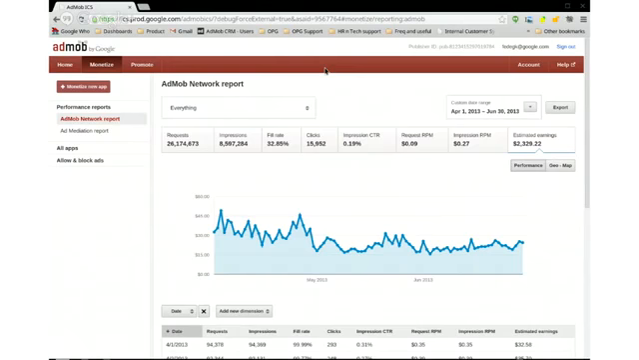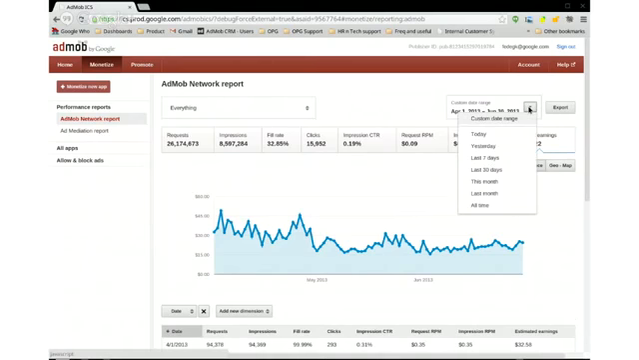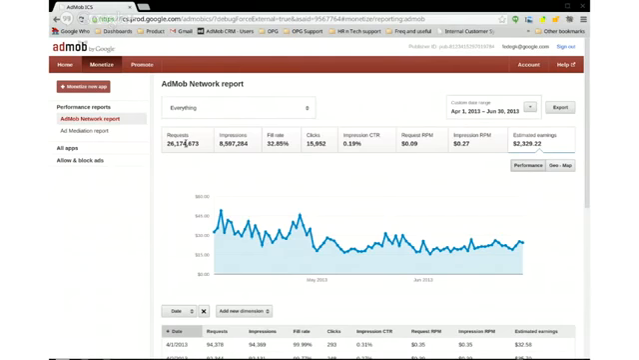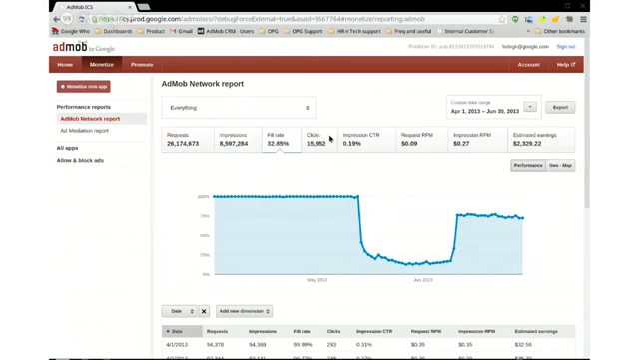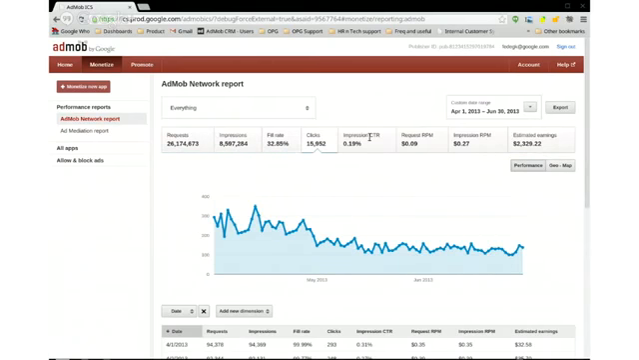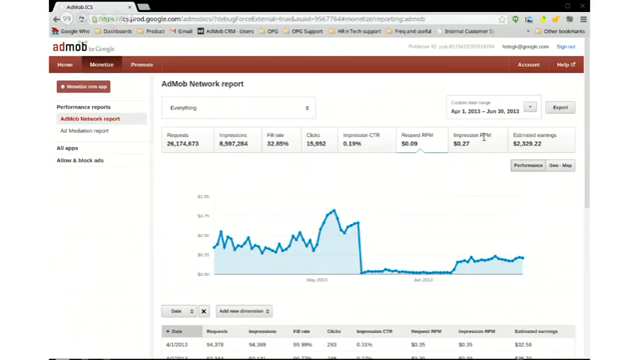In the monetize section, as we mentioned before, you will have more detailed metrics about your apps. So here you can modify the date range that you want to check, and here you will see the metrics that you found in the homepage plus some additional metrics: impression, fill rate, clicks, CTR, request RPM, impression RPM,